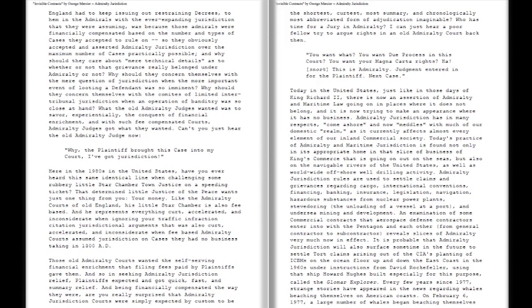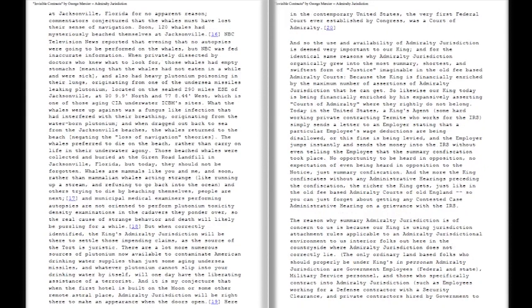Every few years since 1977, strange stories have appeared in the news regarding whales beaching themselves on American coasts. On February 6, 1977, a large number of whales began beaching themselves at Jacksonville, Florida for no apparent reason. Commentators conjectured that the whales must have lost their sense of navigation. Soon, 120 whales had mysteriously beached themselves at Jacksonville. 16